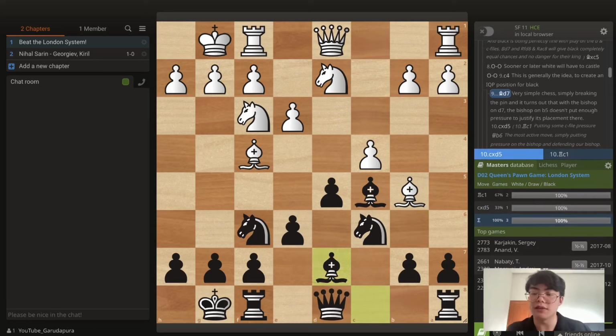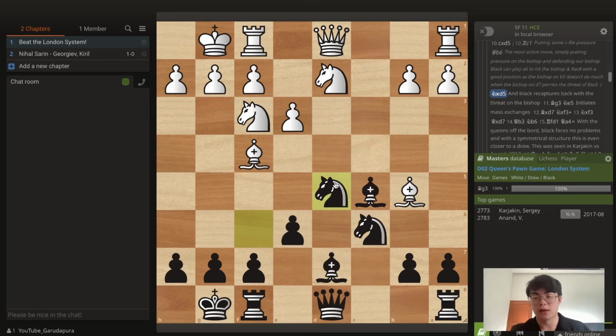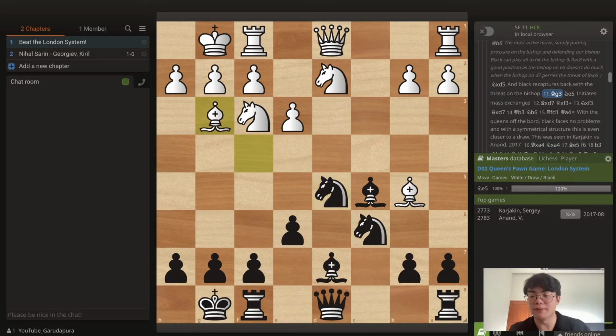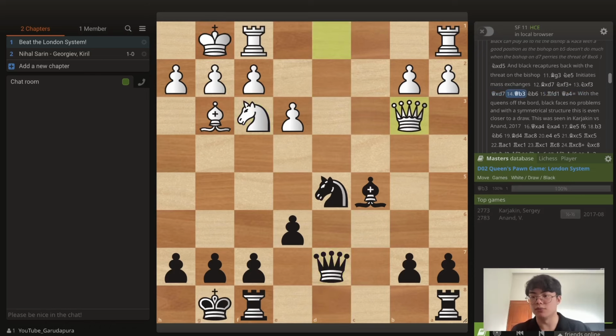So instead of that, c takes d5 is the main move. This was seen in one game between Carlsen and Anand. After knight takes d5, I don't want to ever allow the isolated pawn position if possible. And after bishop g3, with the bishop on b5, we can actually initiate mass exchanges with the move knight e5 here. And the game continued bishop takes d7, but after knight f3, and queen takes d7 here, queen to b3,